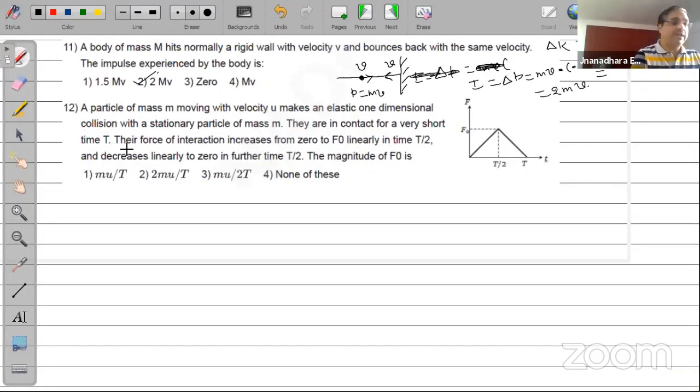12th question. I think we'll end with this. A particle of mass m moving with velocity u makes